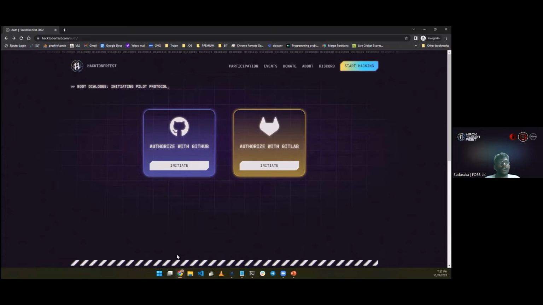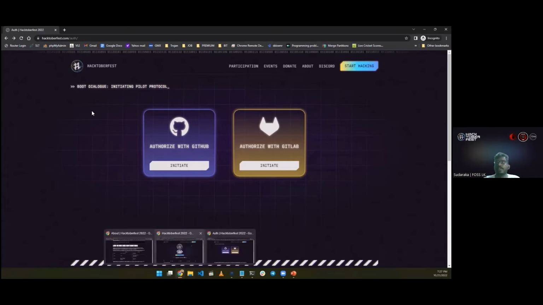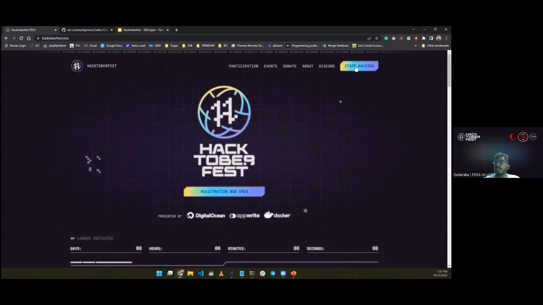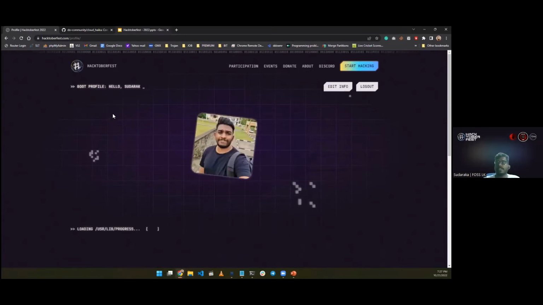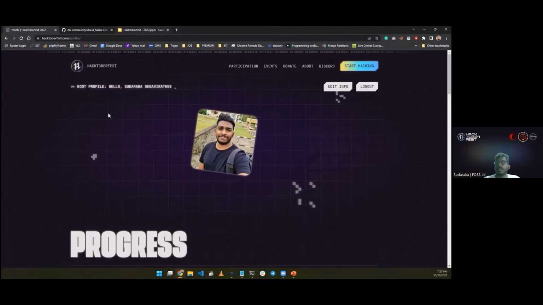I have already registered on this platform, so I'm going to show you that. I'm going to click the start hacking button. It will automatically redirect to GitHub and redirect me back to the Hacktoberfest event, since I am already logged into my GitHub account. So this is my account.